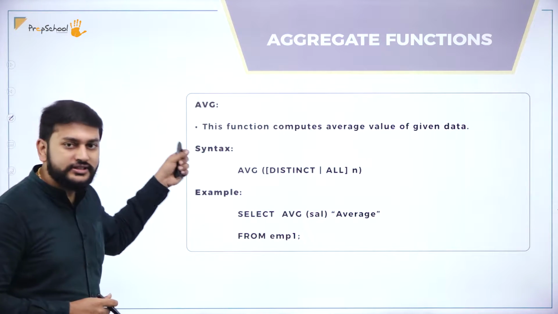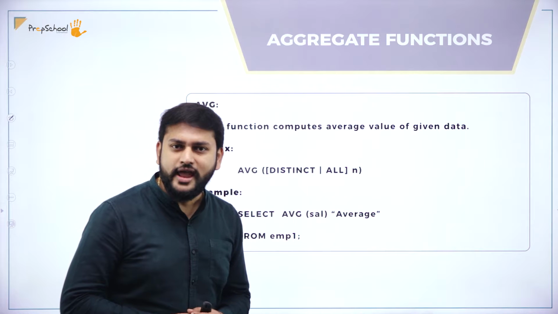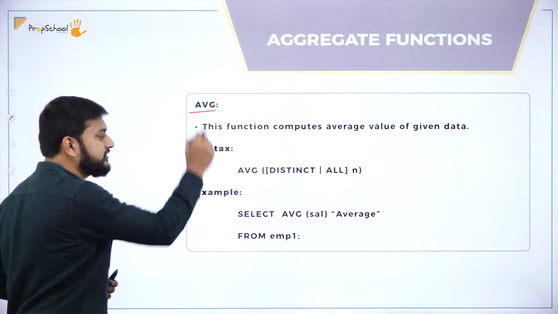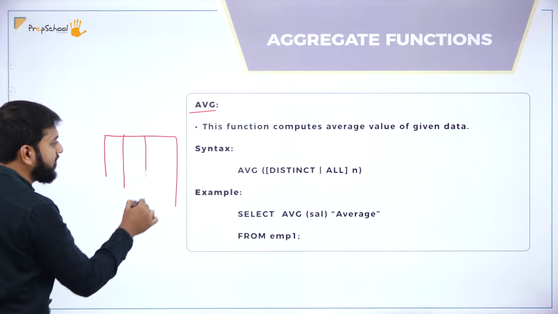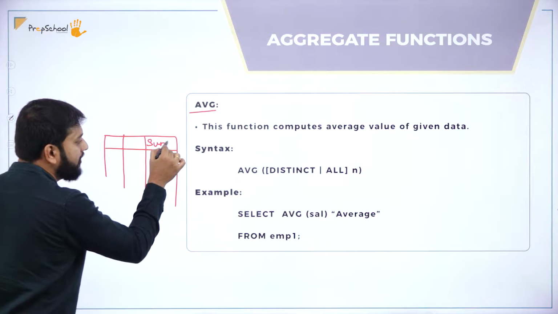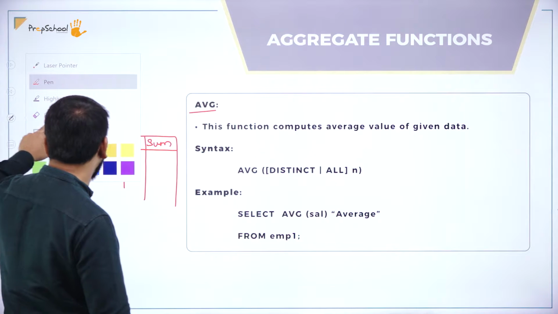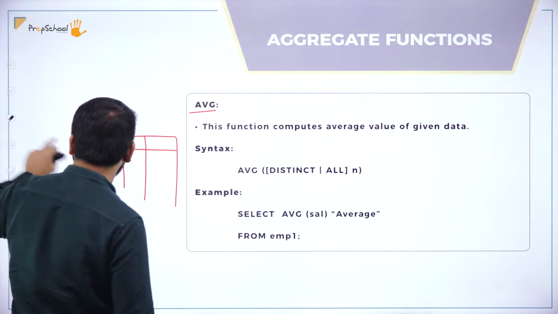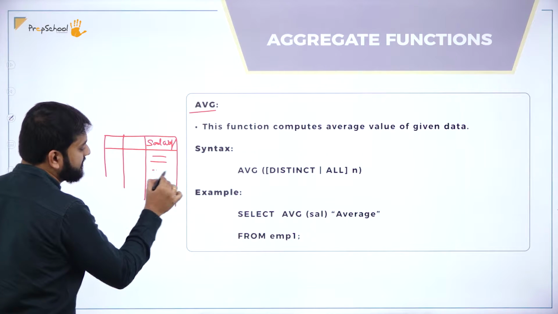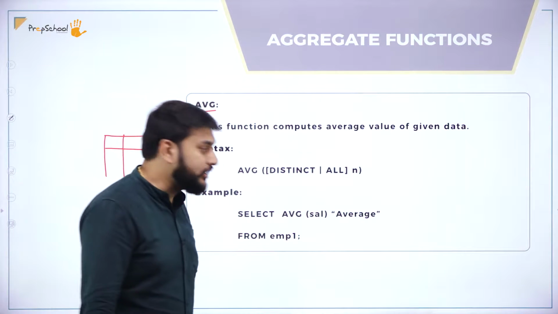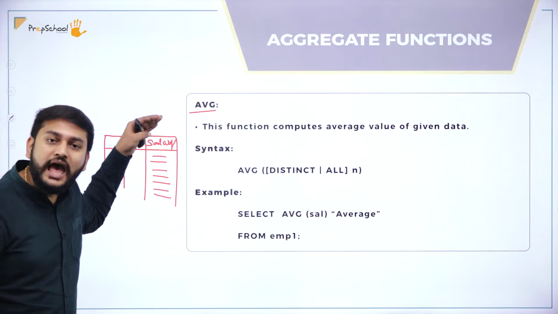So guys, the first aggregate function that I have is AVG. What is this AVG? AVG in the sense average. Imagine I have a table. In this table, let's imagine I have something called salary. We are paying the salary to more than 20 people. So what is the average salary that you are paying? I need to calculate. I have 20 people, so what is the average salary that you are paying?